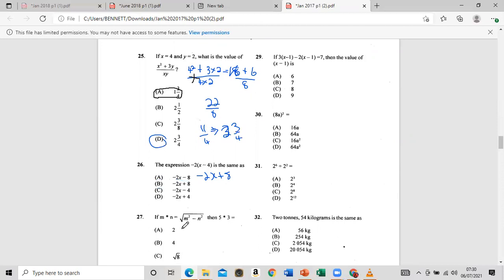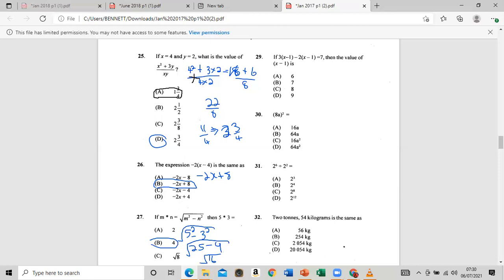27 now. If m asterisk n is equal to m squared minus n squared, what is 5 asterisk 3? M is 5, so let me just do that. 5 squared minus 3 squared. Now some people are tempted to put 2. Oh, this is 25 minus 9. Just like the Pythagoras theorem, right? That's the square root of 16. So that's 4. So the answer is,